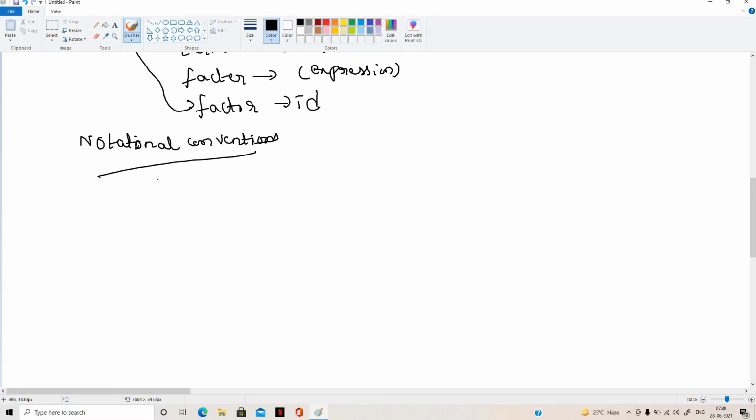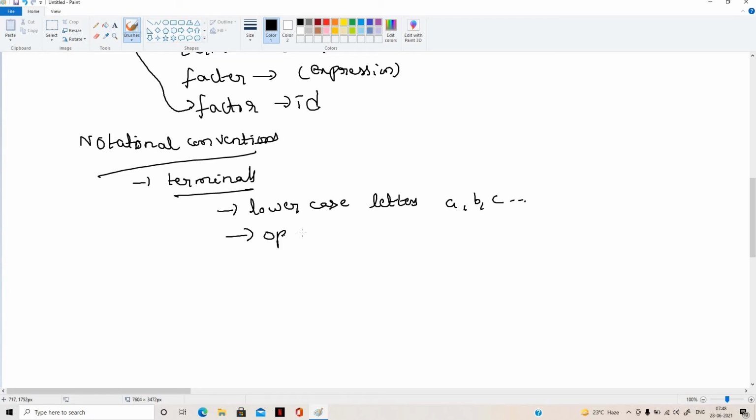I said that some terminals are there, and non-terminals are there. The terminals are generally defined as lowercase letters only, like a, b, c, etc. These things we also call terminals.